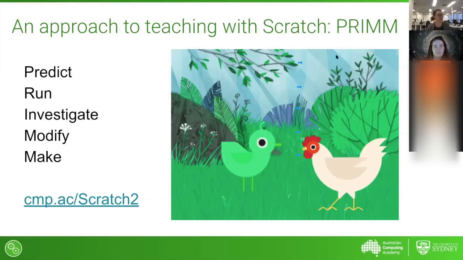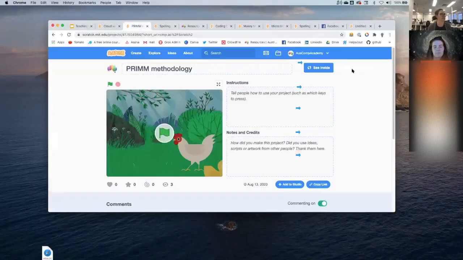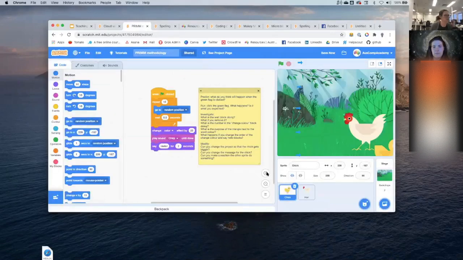So I'm going to open a Scratch project now and we'll step through that process together and make use of the chat function. So get ready to type and we'll have a look at what PRIM looks like in practice. So let me think about the best way to do this. Okay, if we go inside and look at the code for this project,